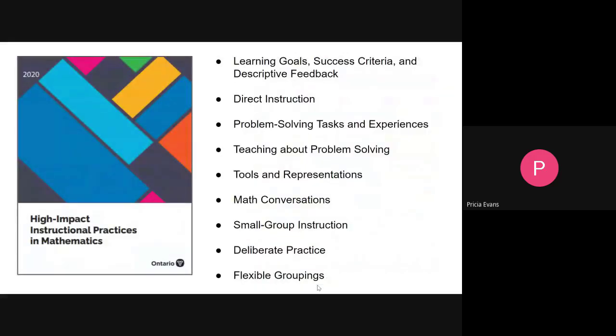So to start off, the curriculum online not only presents the expectations of what is taught, but it is very clear on how we approach teaching math. Included online in the resource section is a short document titled The High Impact Instruction Practices in Mathematics. It's a very short read, but I really encourage you to take a look at it. As you can see on the right-hand side, those are what is included within this booklet. And these are all strategies that we've been implementing and learning about in Limestone for a number of years.